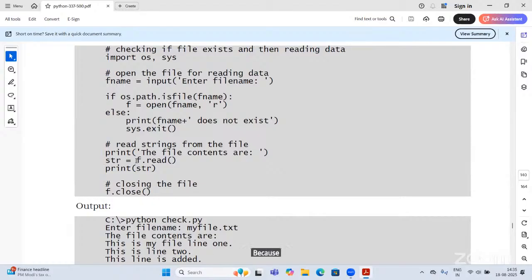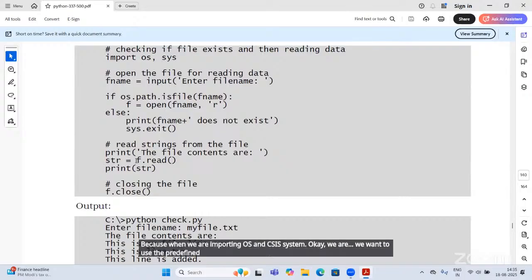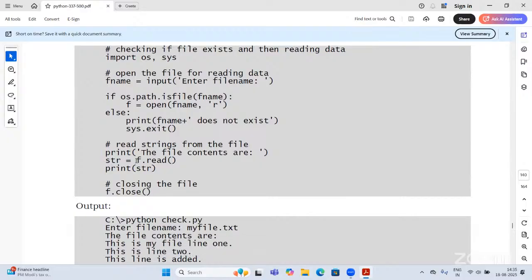Because we want to use the predefined functions related to the operating system and the system. What is this statement? os.path.isfile. This method is related to the os package.